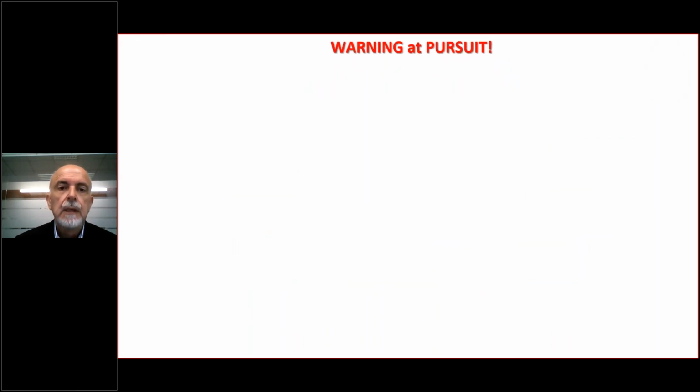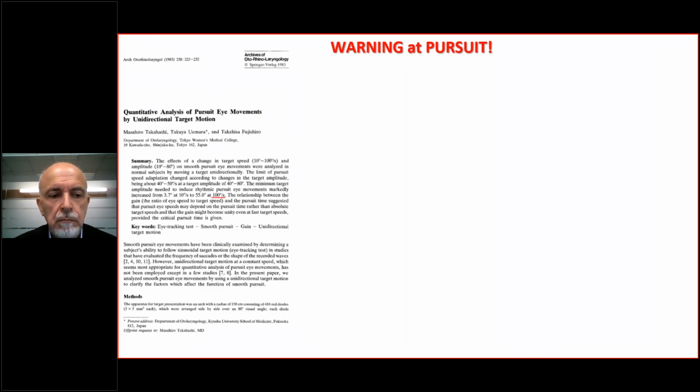But we cannot forget the pursuit and its contribution to the final eye position, because many papers on the physiology of this ocular reflex tell us that the pursuit can rise up to 100 degrees per second